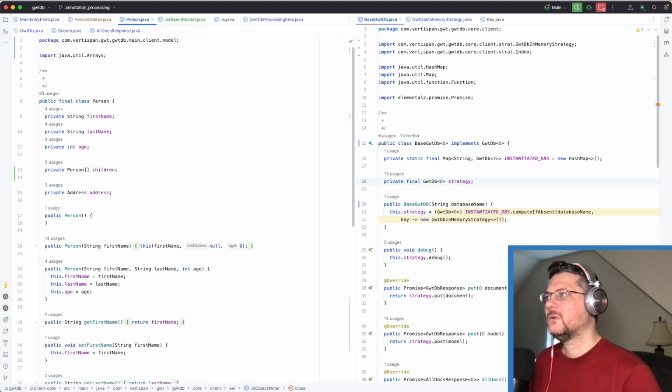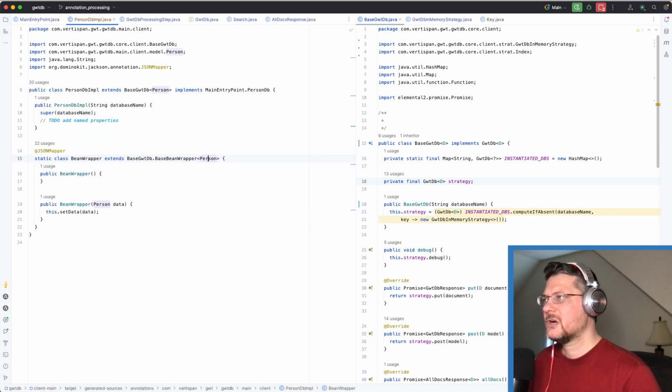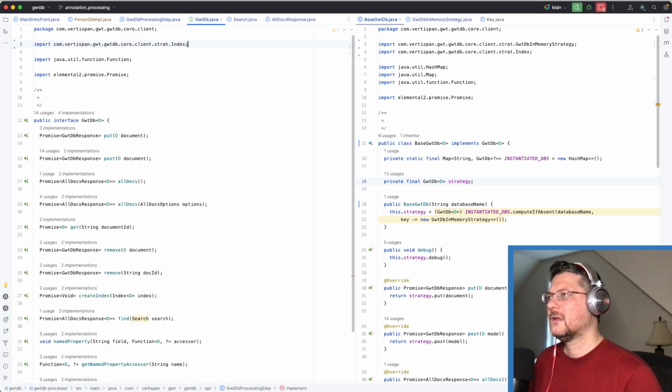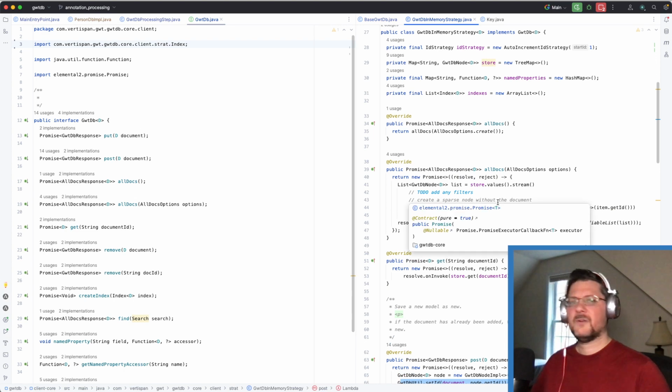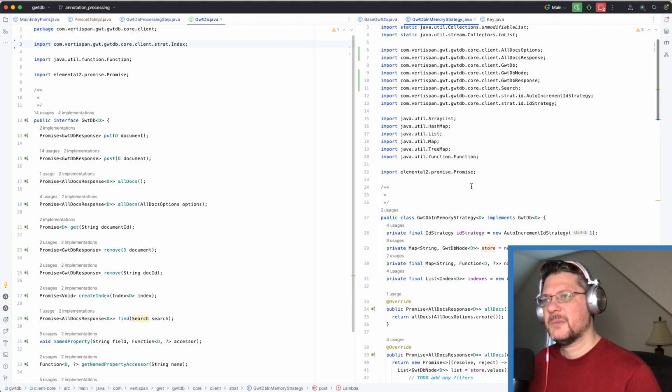So I am going to close that out, close out the person. Let's just start with a clean workspace for the most part. Might have to look at some of these and just ignore some of these for now. If you recall from weeks and weeks ago, I don't remember whenever this was, but we implemented this in-memory strategy